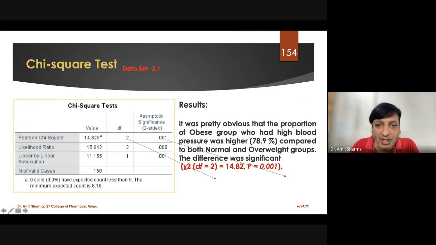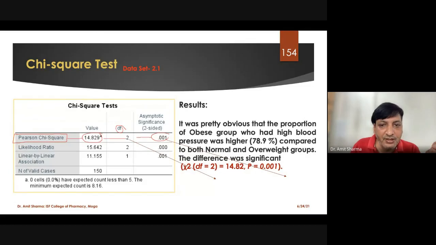Clear? So how to write the result and what does the chi-square statistics say? This is the chi-square statistics table, the final table of chi-square. As if we had calculated a chi-square value, the software has also calculated a chi-square value for us. Degree of freedom, clear, and you can see this is the p-value which we are going to quote. Pearson was the scientist who invented this test, so we call it the Pearson chi-square test. Clear? So we go for this top row: Pearson chi-square value,